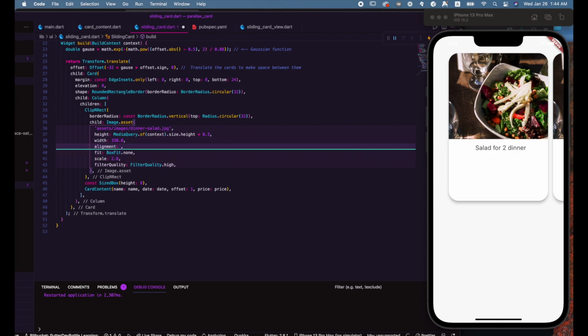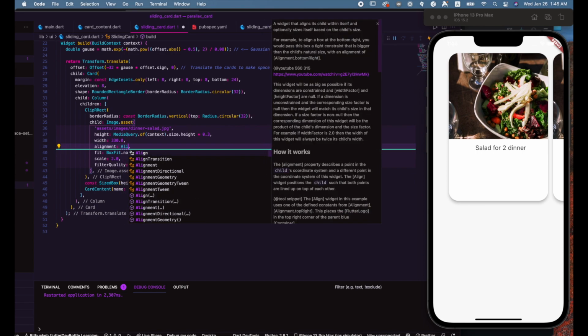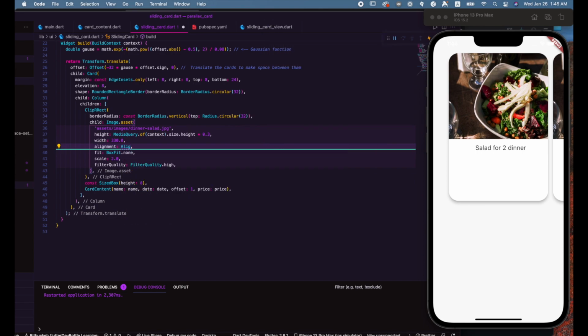Let's add alignment to the image using the offset we passed into the sliding card widget itself. So we are going to